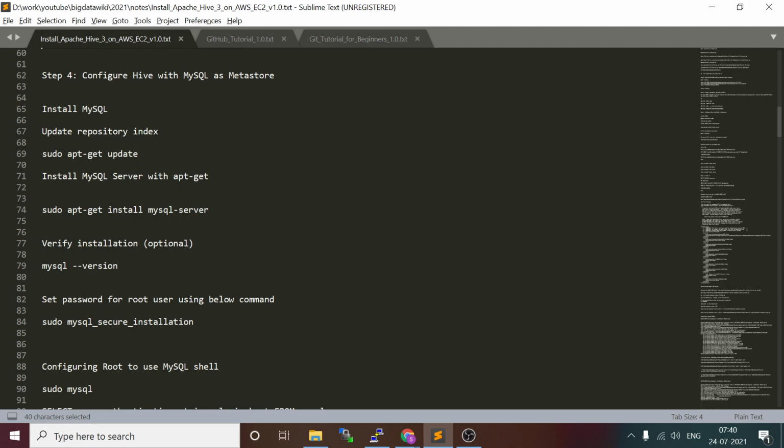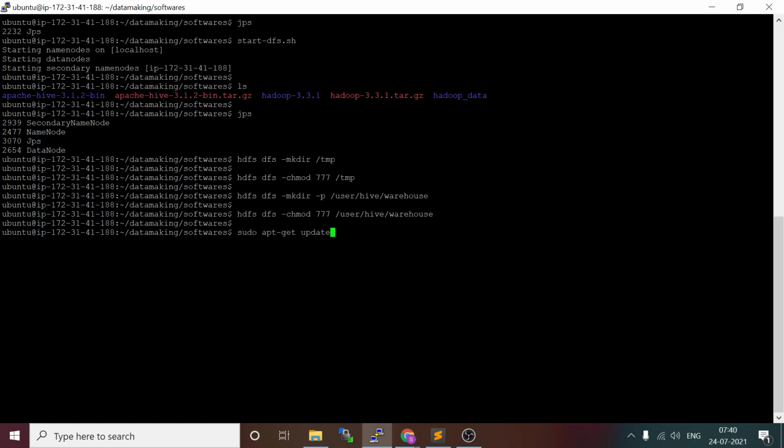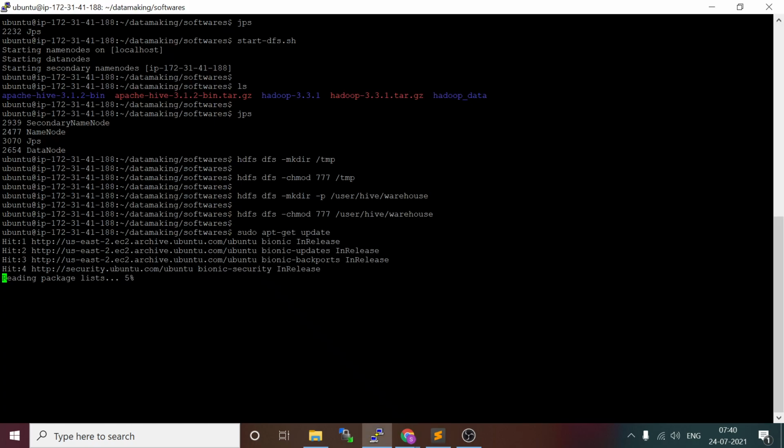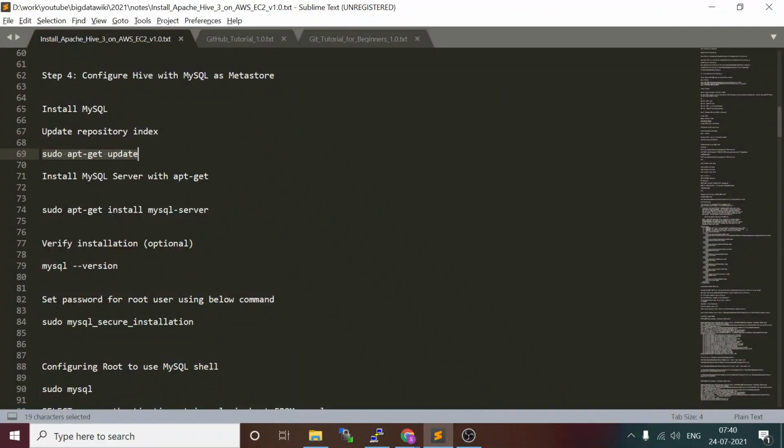For that we have to install the MySQL database server. First we update the Ubuntu repository. You can run the command sudo apt-get update. It's almost up to date, so I'll just clear the session.